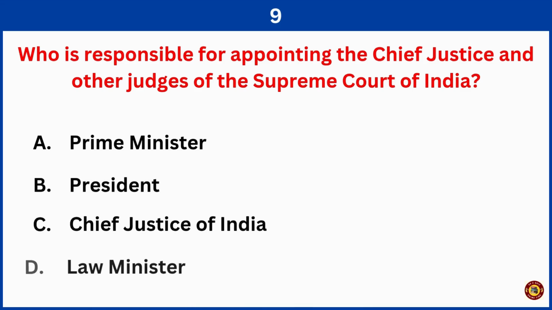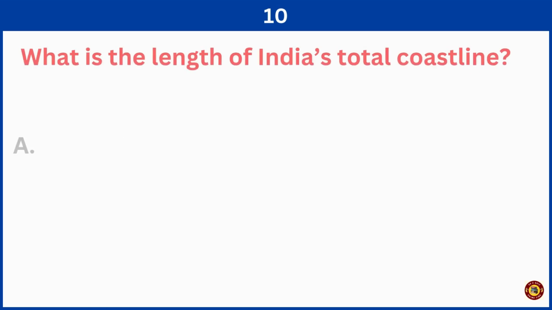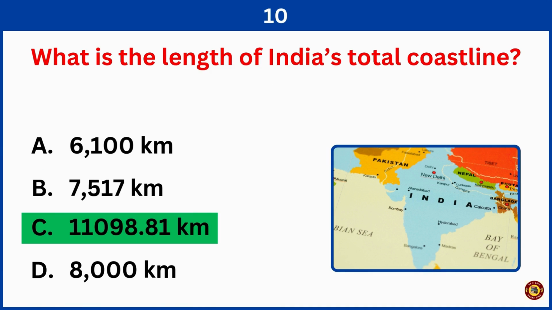Who is responsible for appointing the Chief Justice and other judges of the Supreme Court of India? Correct answer is option B, the President. What is the length of India's total coastline? Right answer is option C,